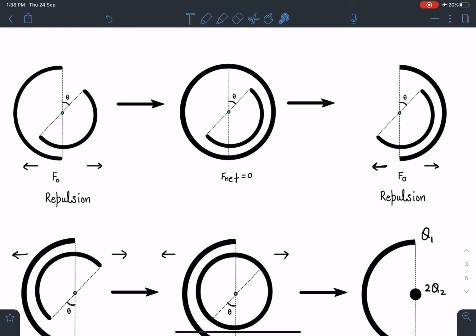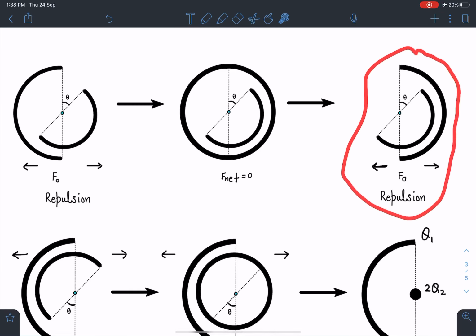So this is the first instant you will be getting some idea that probably this force is independent of this angle theta, but we don't know, we are not sure as of now, so I'm not going to do that. But this is the first instant when you will get that idea that it may be possible that force is independent of theta. We will verify that. Now I hope all of you are convinced that in this situation also this force is F naught.